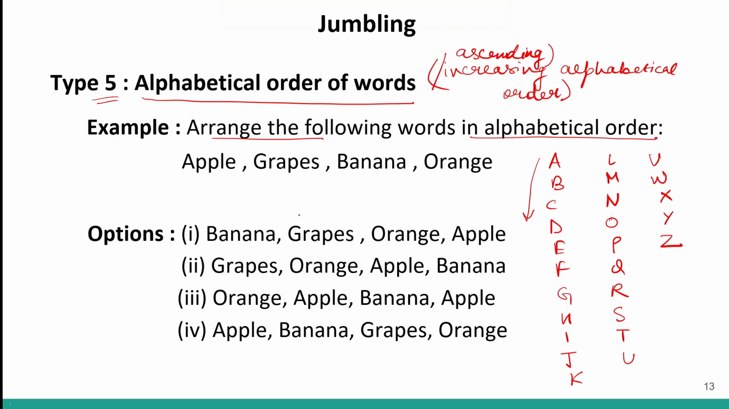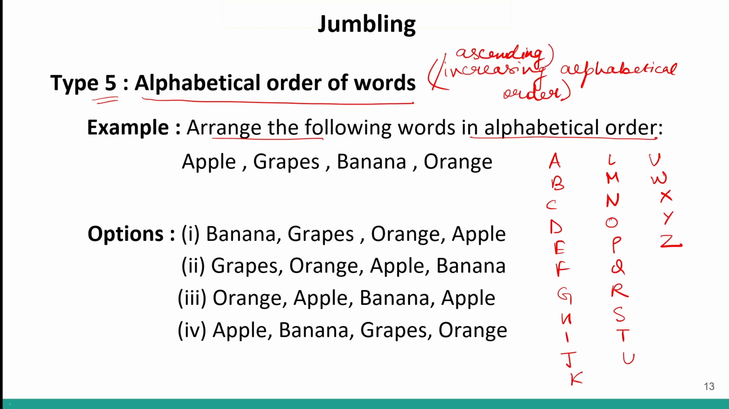Correct? Until and unless it is specified in the question that you have to use reverse alphabetical order, we do not change the order. We always assume it is ascending order. Now, over here we are given 4 words: apple, grapes, banana, and orange. And we have to arrange them in alphabetical order. So we know that apple